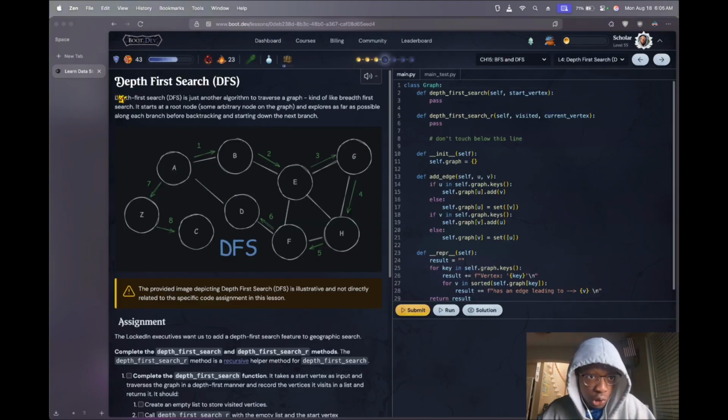So, depth first search. Depth first search is another algorithm that traverses a graph, kind of like breadth first search. It traverses a branch from the root node as far as possible before backtracking and starting the next branch. So it's like